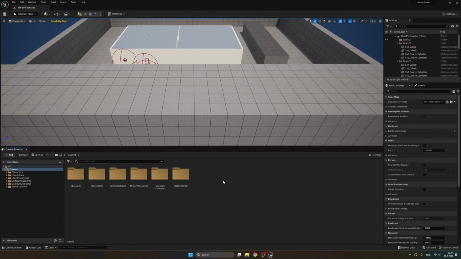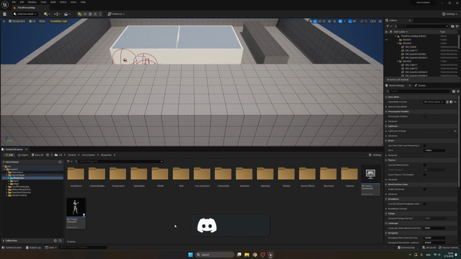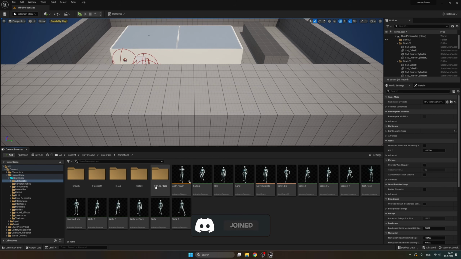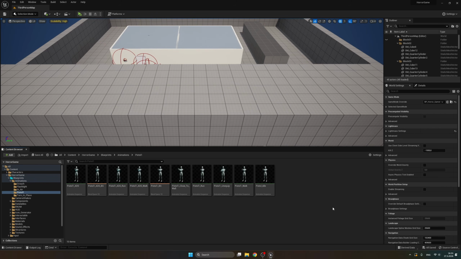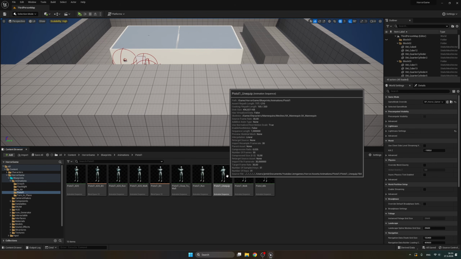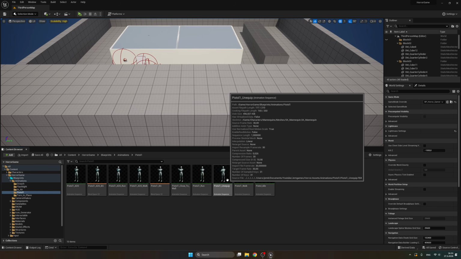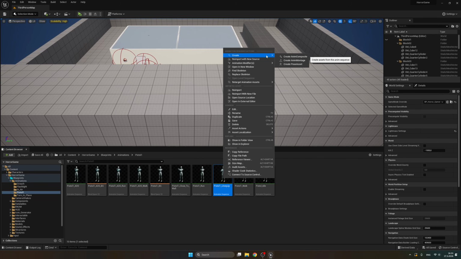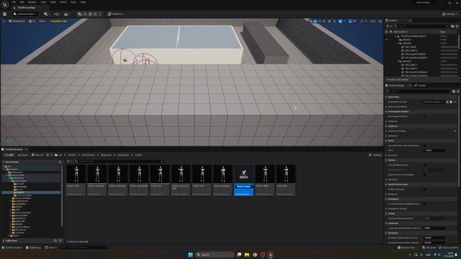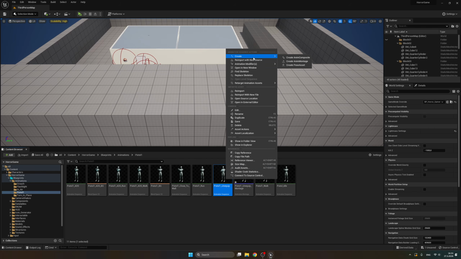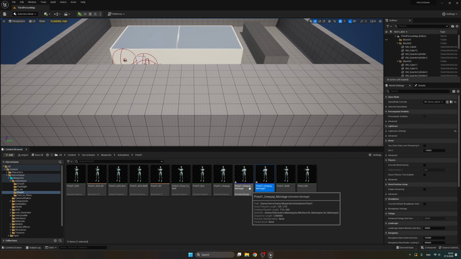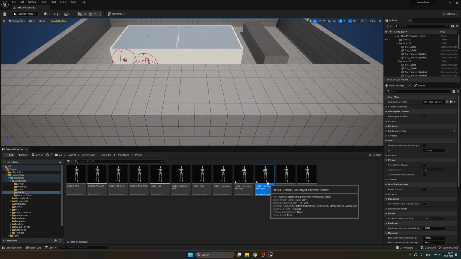So what we want to do first is we want to go to our horror game blueprints folder, and then we want to go to the animations and to the pistol 1, and here we have this pistol 1 unequip animation sequence. Let's right click and create an anim montage, and let's right click and create another anim montage. So the first one will be called pistol 1 unequip montage, and the second one will be called pistol 1 equip